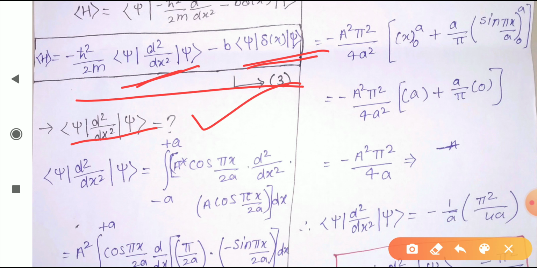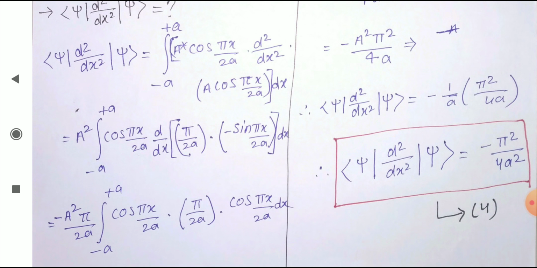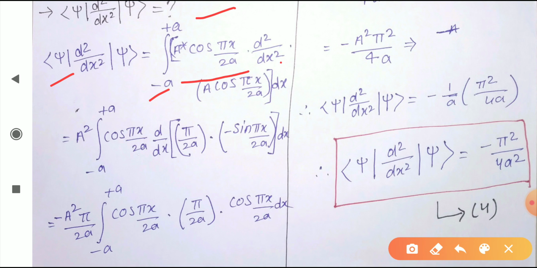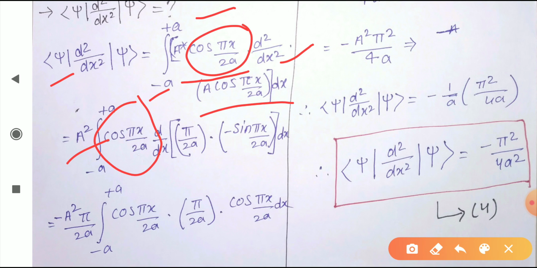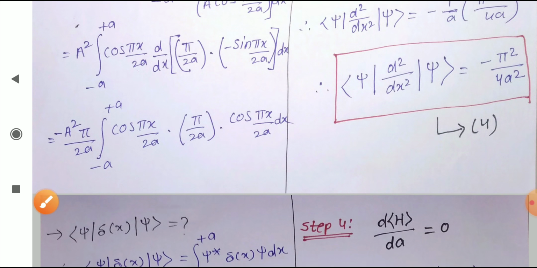Clear? So this I can write in terms of integration. So if we write in terms of integration, we know the limit is minus a to plus a. So here, instead of psi star we'll get a star cos pi x by 2a, and then d square upon dx square as it is of psi of x. As I have already told, it is now given to us, so just the psi of x value we will substitute here. Now a star into a will give a square outside, the limit we will write as it is. Now this term I will write as it is here, and here we have to do the double derivative of this cos pi x by 2a, then we can multiply and find our answer.